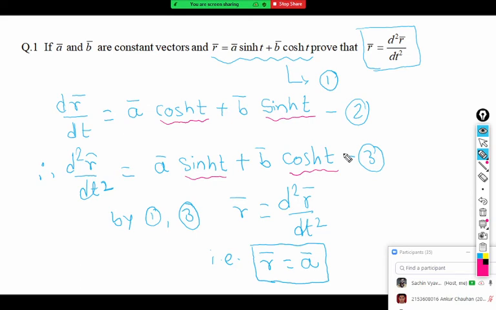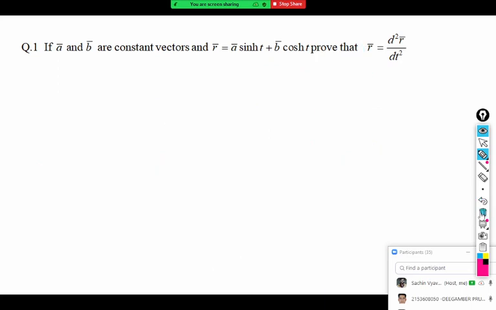As you remember these results for circular functions, what is the derivative of cos t? Negative sine t. Only minus sine t you have to write if it is a circular function. But for hyperbolic you have to write it as positive. So for hyperbolic it will be positive, and in other cases it will be negative. Other differentiations are like our usual formulas. Whenever you differentiate, only for hyperbolic that is the rule.